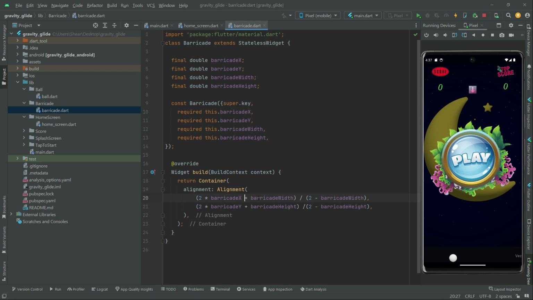then we just add it with the barricade width, which adds the width of the barricade, and then simply in here we just divide it, and in here 2 minus barricade width. So this is just divided by the remaining width after subtracting the barricade width from 2. So as a result, this produces a normalized value that determines where the barricade is positioned horizontally within the parent container. And then right over here you guys can see that for y-axis,